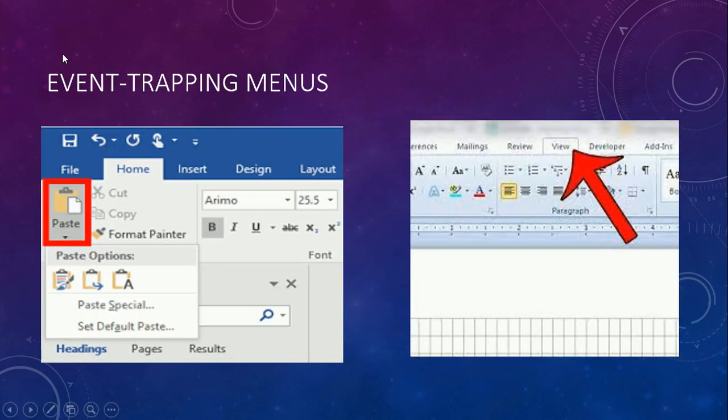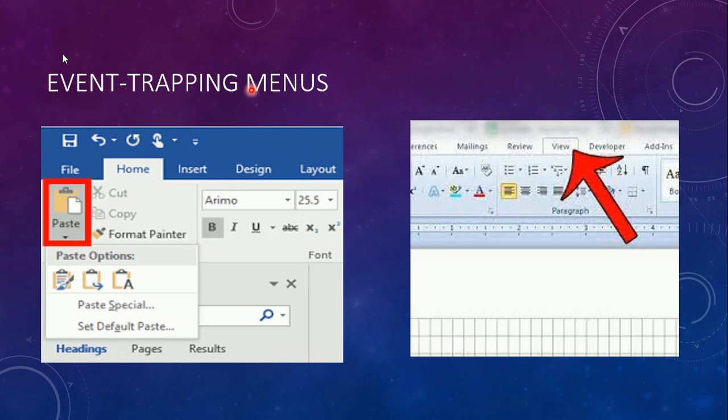Next one, you have event trapping menus. In case of event trapping menus, the user can control the background tasks while working on the foreground. Here they are actually a set of simultaneous menus imposed on hierarchical menus.